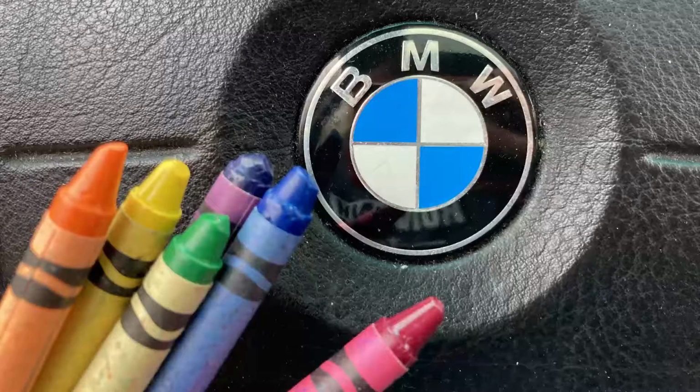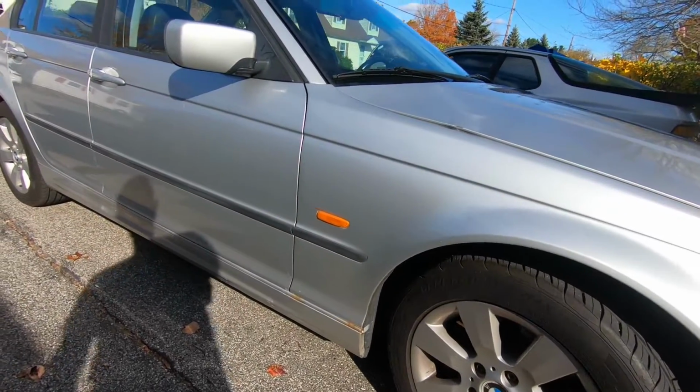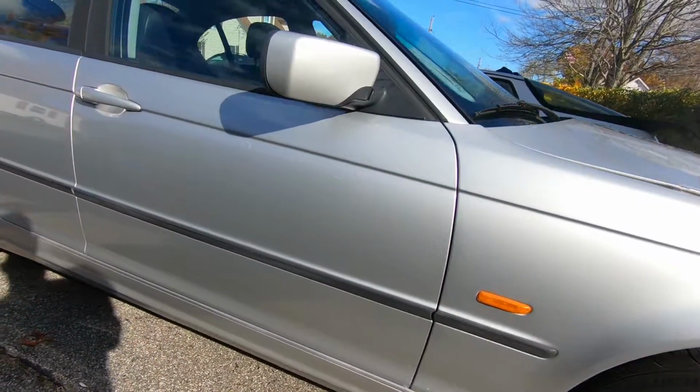What's up, guys? If you have an older BMW or even an older Volkswagen, you might notice that you have this weird distinct crayon smell. I can't really explain why it smells like crayons. So I bought this E46 about a year ago and it had this smell,